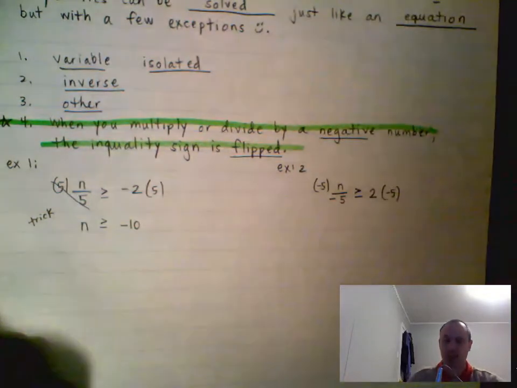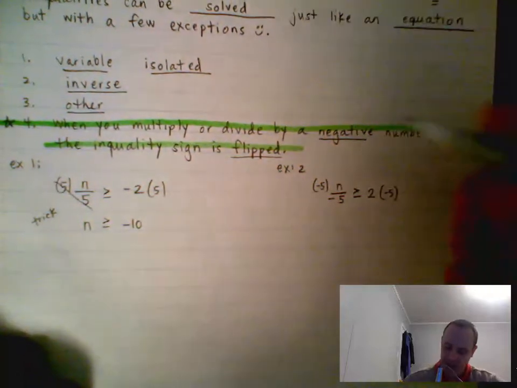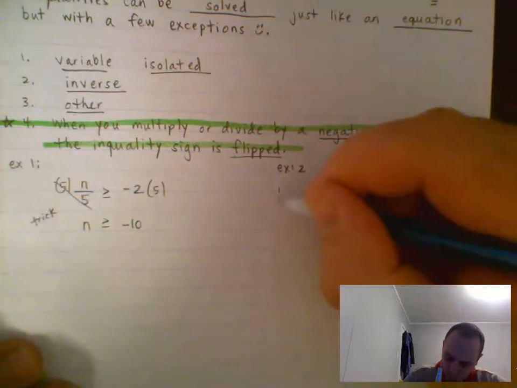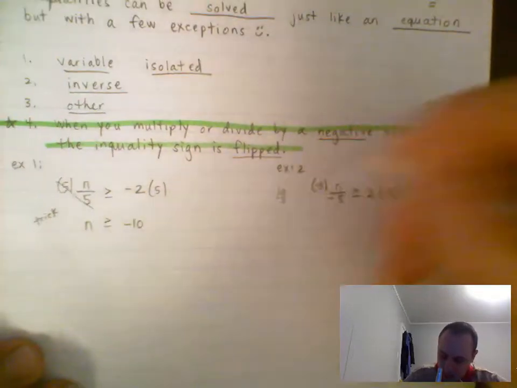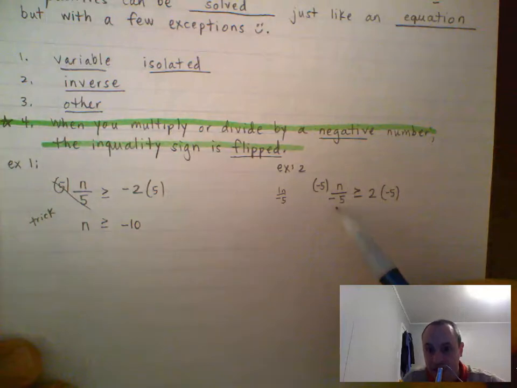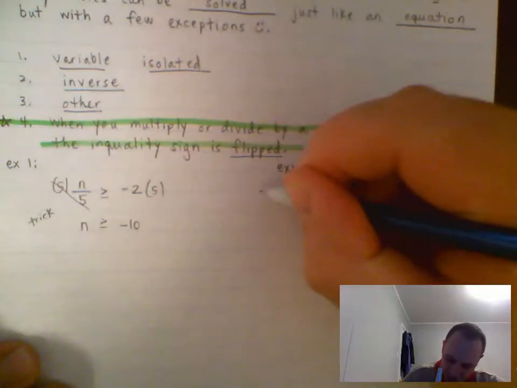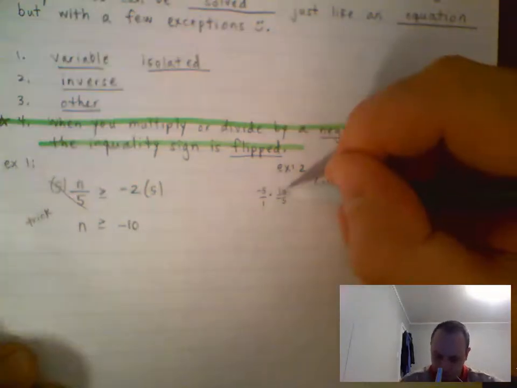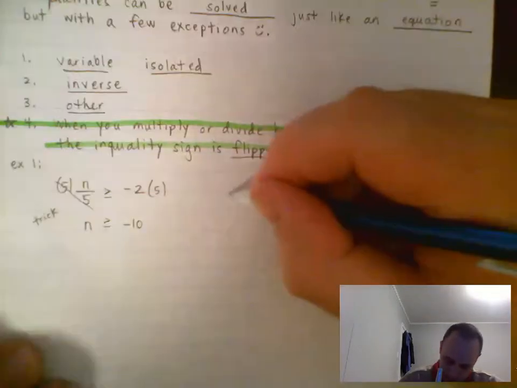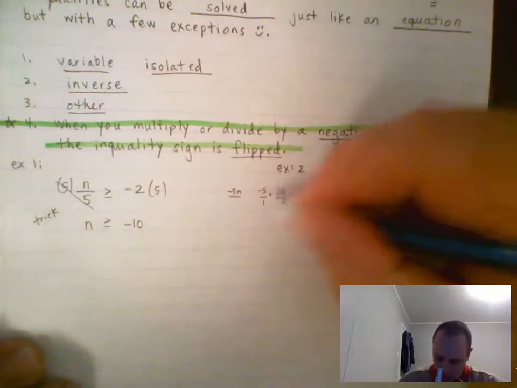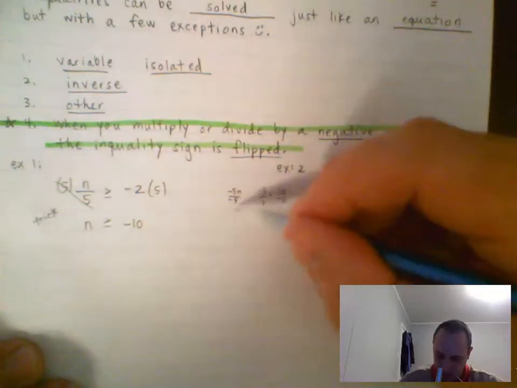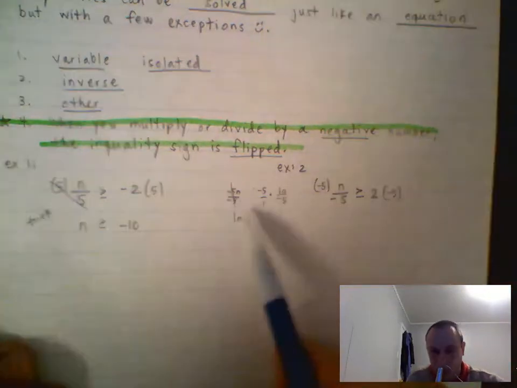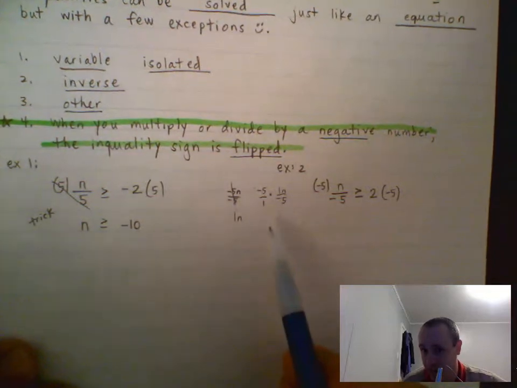Because remember, what's really happening here behind the scenes, this isn't some magic trick. What's really happening is this is saying 1n over -5. So to get rid of the 1n over -5, we have to times by what we call the reciprocal, or 5 over 1. Right? Because when you do that, you get top to top, you get -5n over -5, and -5 divided by -5 is 1. So when you do all that behind the scenes, you're getting 1n. Okay, it's just a lot of